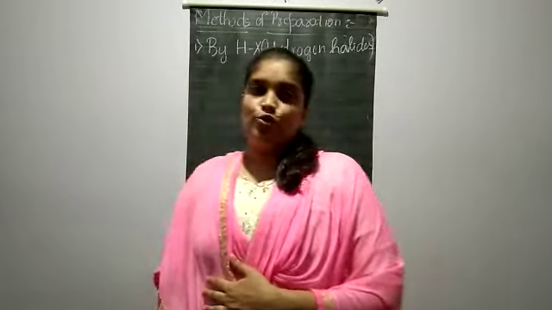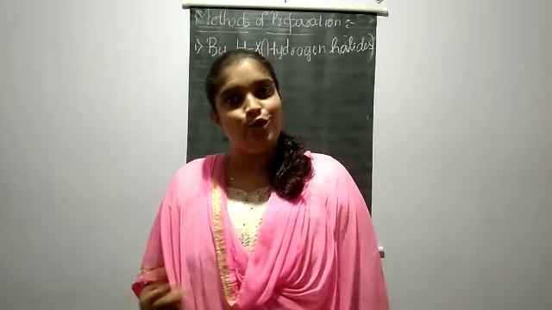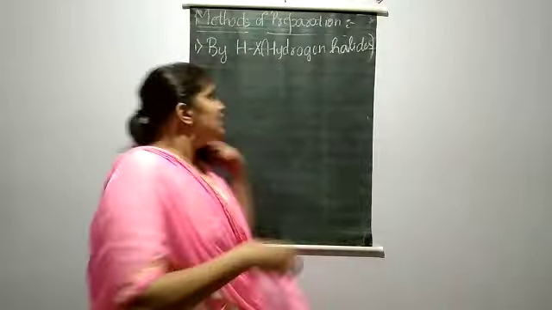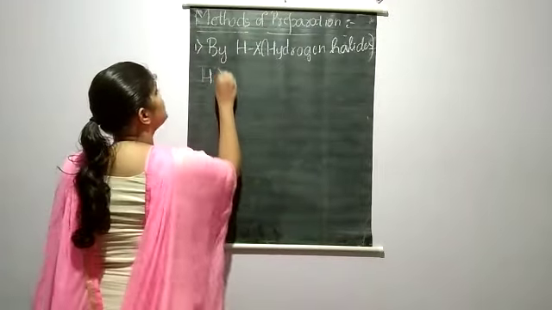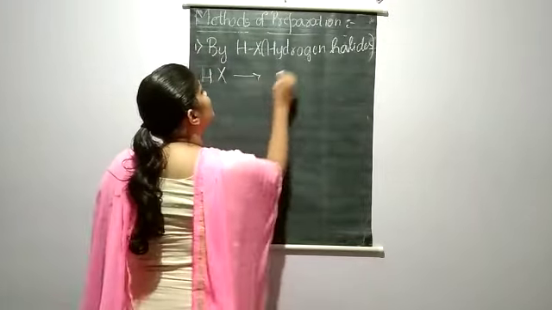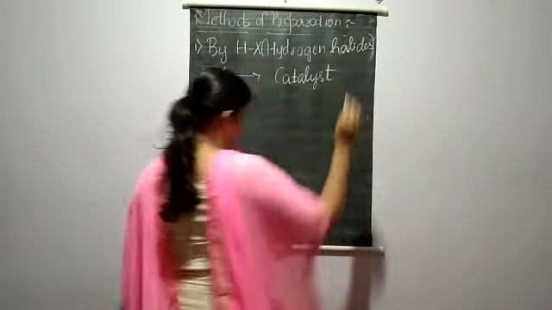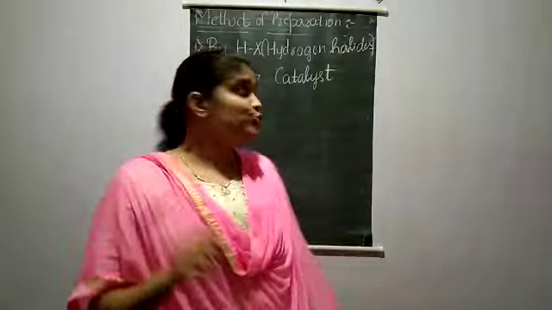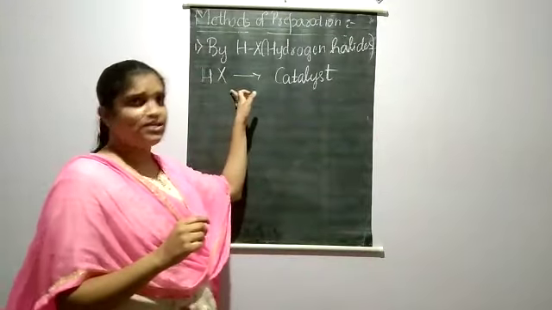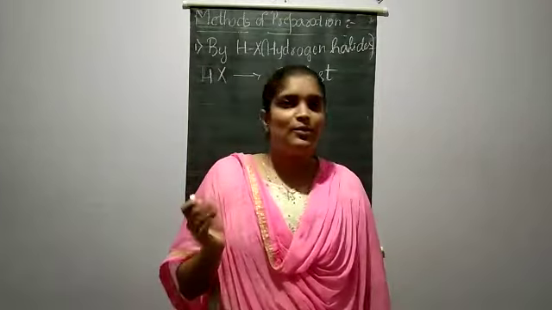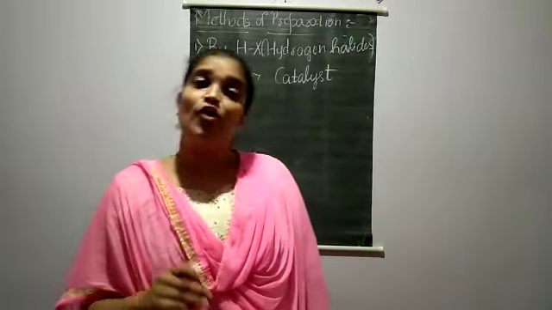Okay. Now we are going to learn about the preparation of haloalkanes from alcohols using hydrogen halides. Now you should know one thing, that when we use hydrogen halides, there is a requirement of some catalyst or the other. Before that, you should know one thing, students. In hydrogen halides, it can be anything. It can be hydrogen fluoride, hydrogen chloride, hydrogen bromide, or hydrogen iodide.